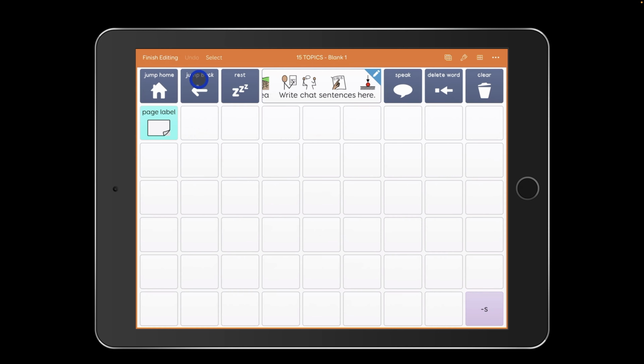And for me to get started, I'm going to hit the select button up here and then select page label and the S. And then I'm going to select delete from the top. Then I'm going to select done. And I'm going to stay here in edit mode so I can import my picture and make it the background